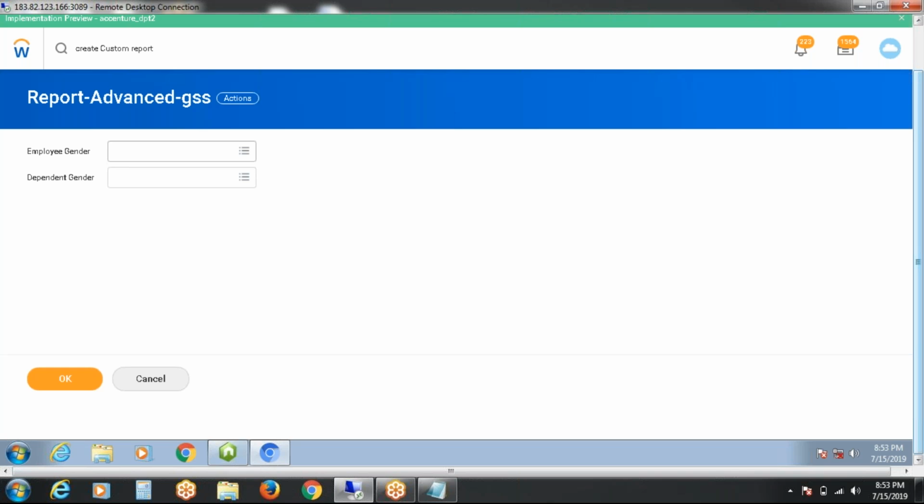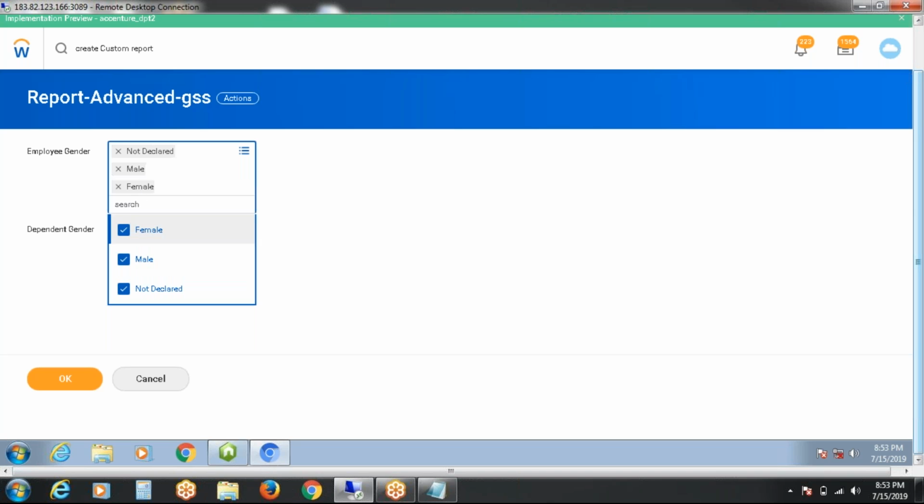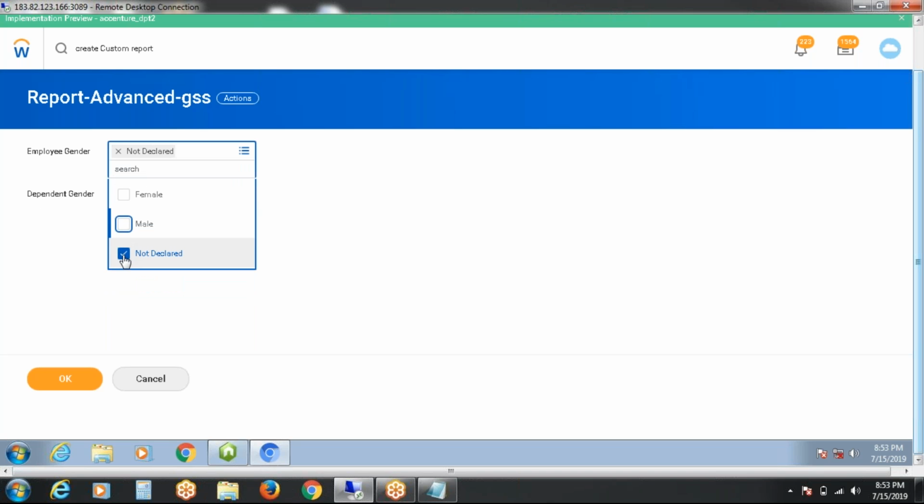Say for example, I would like to see male employees. If I don't have this prompt option, what would I do? I need to go to the filter and there in the comparison value, I will select female or male, or for dependent, same like that I will go and select. If the prompt is there, you can directly select the option. If you want to select all, you can, or you can select any particular one.